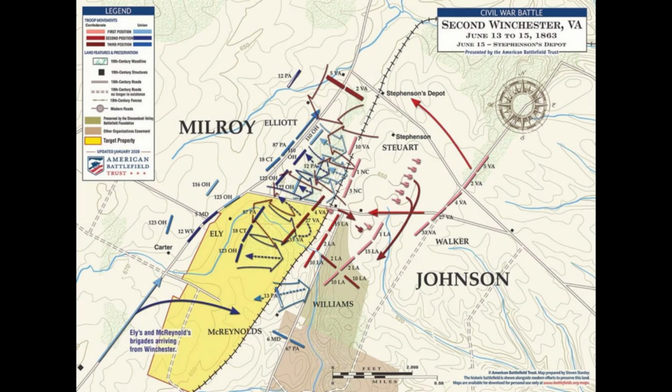Well, and then Ewell ordered Early's division to cross west via Nineveh to Newtown and then move north onto the Valley Pike. Arriving at the outskirts of Kernstown, light infantry and artillery engagements commenced around noon. Late in the afternoon, around 4, Early pushed back federal skirmishers at the Valley Pike toll gate, and they had tolls back then too. Right. And after minor engagements, the federal forces retreated north of Abrams Creek. Well, at least the federal forces are retreating, I guess. I don't know. Is that a win for the...